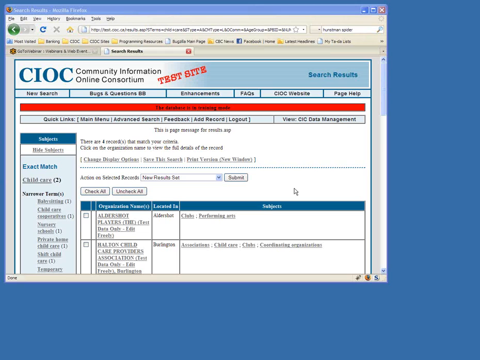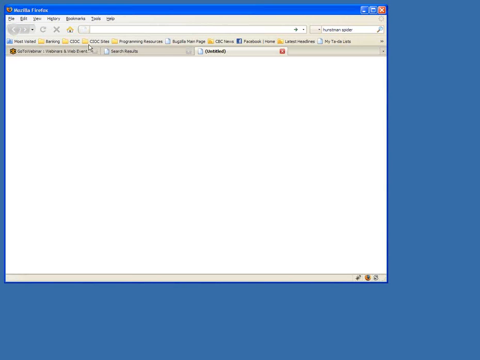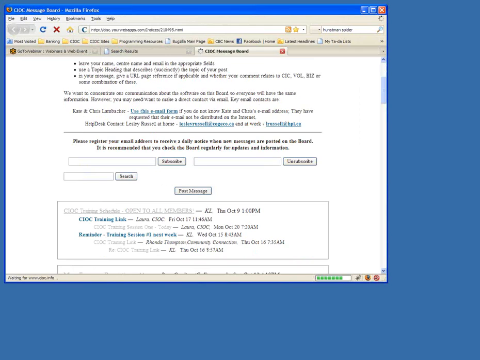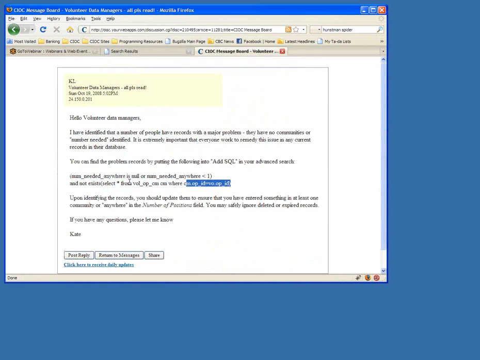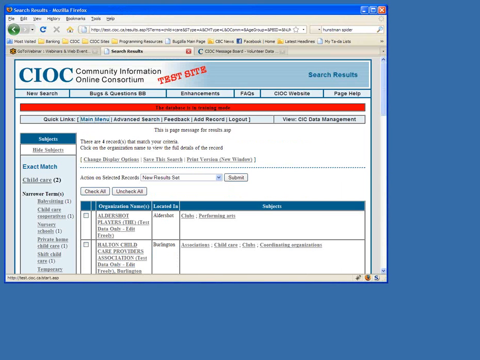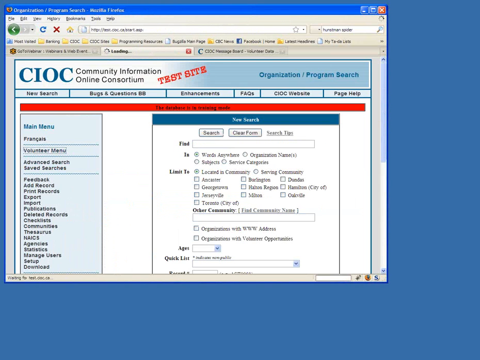Whereas some of the more complicated searches that I end up posting to the bulletin board that have add SQL, a good example is I just posted one for the volunteer software yesterday, right here, which is a really important query that identifies volunteer records that are not likely to come up in searches because they have not got all of the information filled out appropriately. So taking that as an example, if I did a volunteer advanced search,